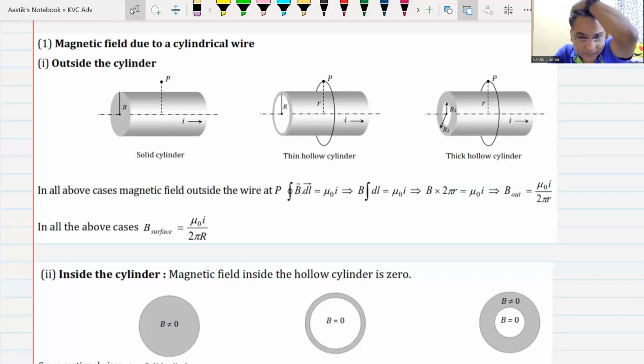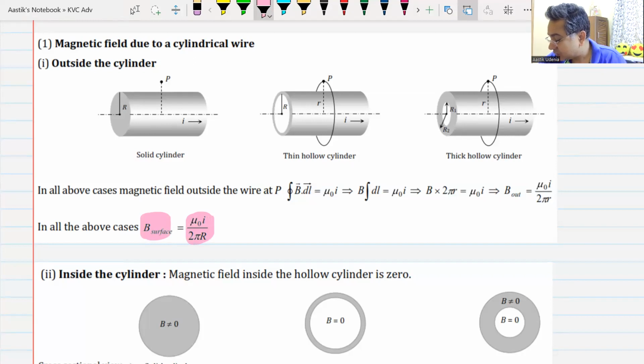And you can see the same thing in column-wise fashion. The first cylinder is solid. The second one is thin hollow. The third one is thick hollow. In all the above cases, the magnetic field outside the wire, outside this cylinder, is mu naught I by 2 pi r, 2 pi small r, and on the surface it is mu naught I by 2 pi capital R. Do we understand this? Yes, sir. In all the three cases,